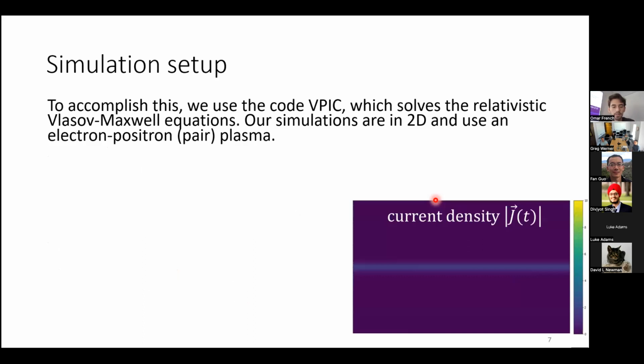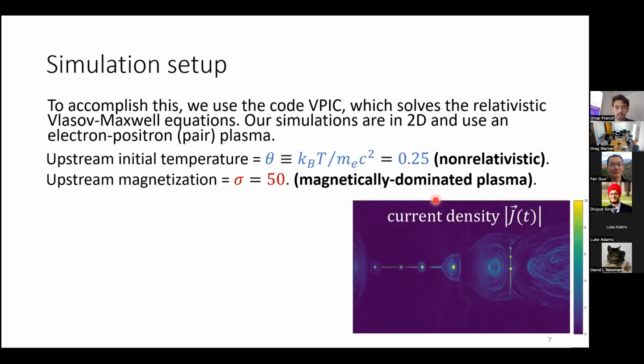So, our simulation setup: we use a code called VPIC, which solves the relativistic Maxwell equations. The simulations are in 2D and use a pair plasma. Here I have a movie showing how the current density evolves with time, which is quite revealing. It shows distinct regions, one moving region where there's a lot of dynamics, the other stagnant. The stagnant region will be more the upstream region, as we'll see later,